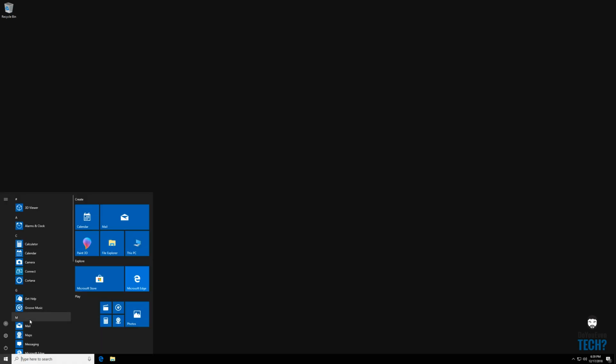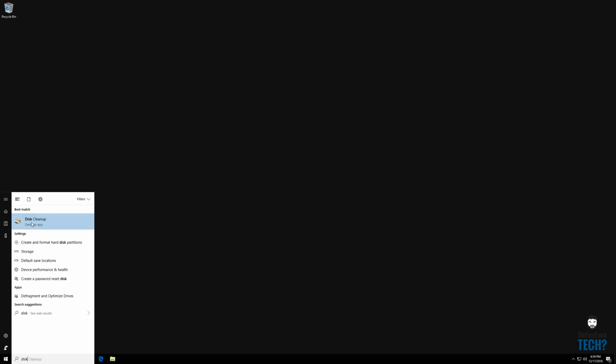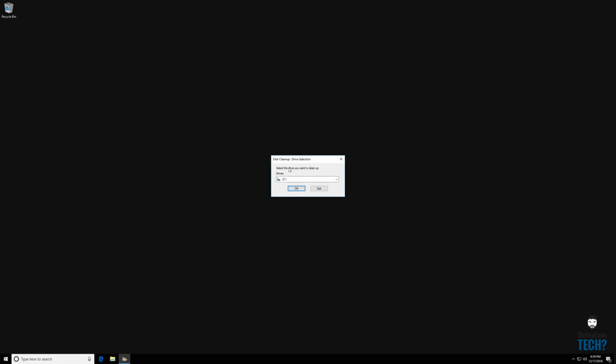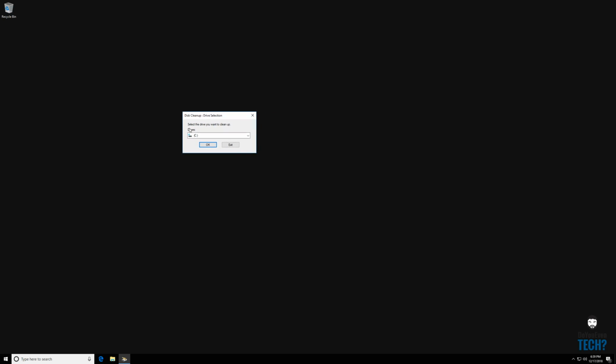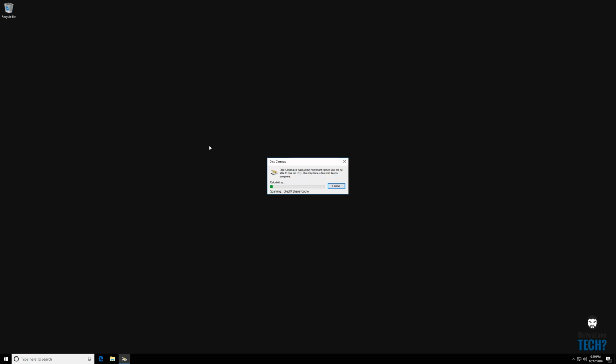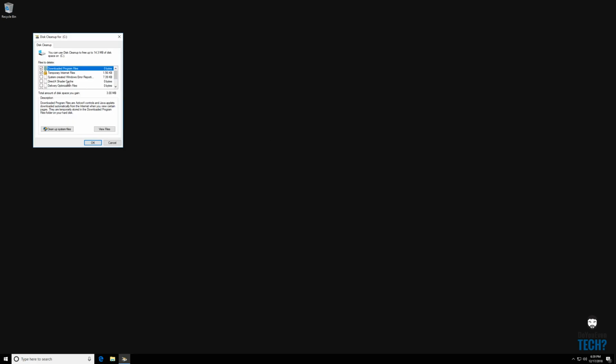So we're going to start with disk cleanup. You can click the start menu, and I like to just type it because it's the easiest. So disk, and you'll see disk cleanup pops up here. The C drive is normally where your operating system is stored, almost always. So leave it default and just click OK. And it will scan your PC for lots of different files here, ones that you